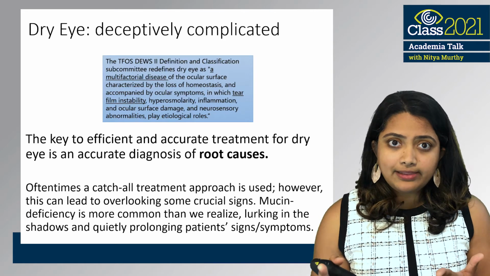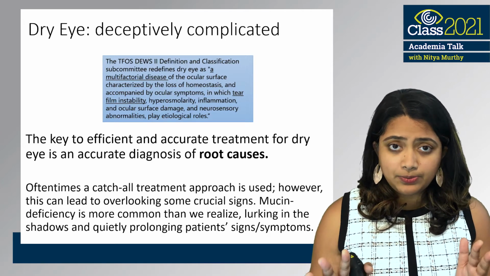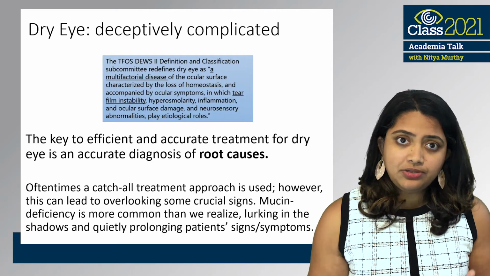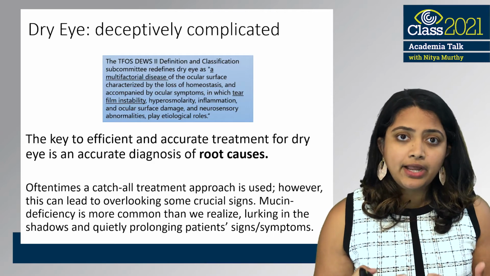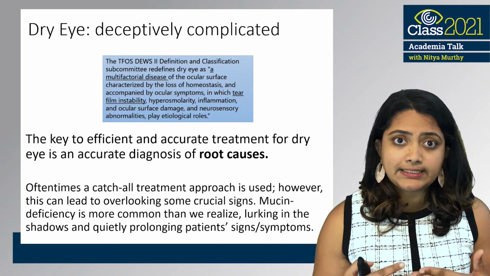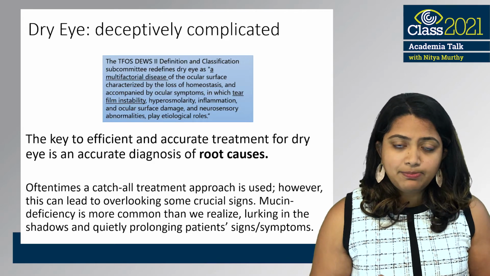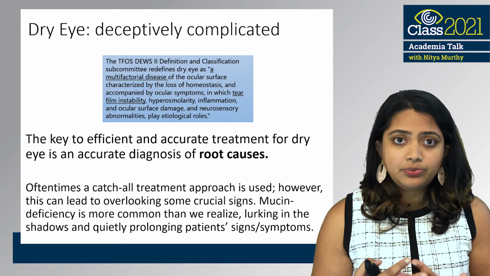The thing that I want to highlight from this definition is tear film instability. That's going to be the most pertinent to what we talk about today as we march through the 3 layers of the tear film and make sure that we have tools and a plan to address stabilizing each layer of the tear film. When we treat dry eye disease by treating the root causes, that's when we have the most